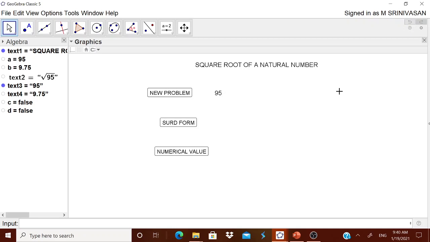Now this idea can be used for any other sheet also, but remember very clearly, the OK button is to be taken. In that script, the GeoGebra script, you have to type whatever you want to be shown. If you want to show it, you have to type the command directly. If you want to hide something, you have to write it as is equal to false. For example, C is equal to false, D is equal to false. Is it okay? Now you see when I click it, C is becoming true. When I click it, D is becoming true. When I click it, both of them are becoming false. False means hidden, true means it is shown.